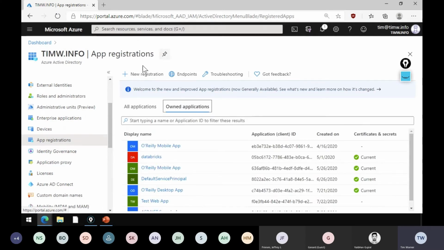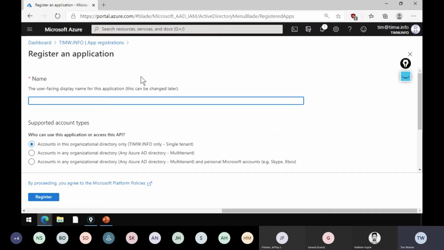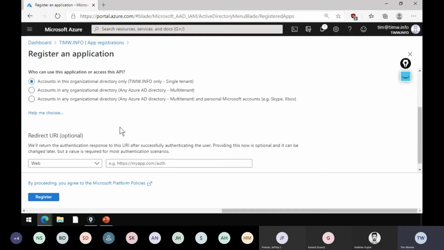So our developers are going to need to create a registration for that app, whatever it is. We can create, I'll call this Omaha User Group App. It says that this can be changed later, that's fine. And then here, this determines the authentication scope of the app, and it defaults to accounts only in the local directory, that's single tenancy. We also could open it up to any organizational directory, so we could federate and allow users not only from this directory, but other Azure AD tenants to come in, or accounts in any directory. This is the default way that Azure AD itself works. You've got the guest flow where you come in as a Microsoft account, otherwise you have to be in the tenant.